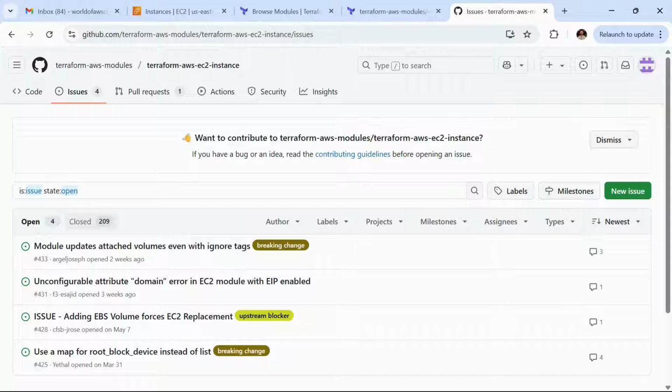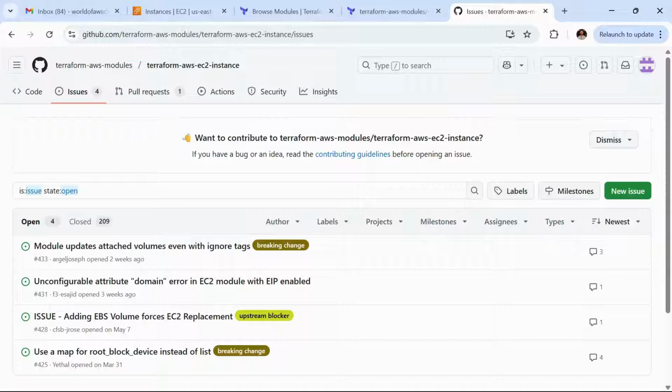As you can see, the closed issues number is 209 and the open issues is 4. This means the contributors managing this module are active and are actively closing issues. So they are active, and we can consider this module for our use case.